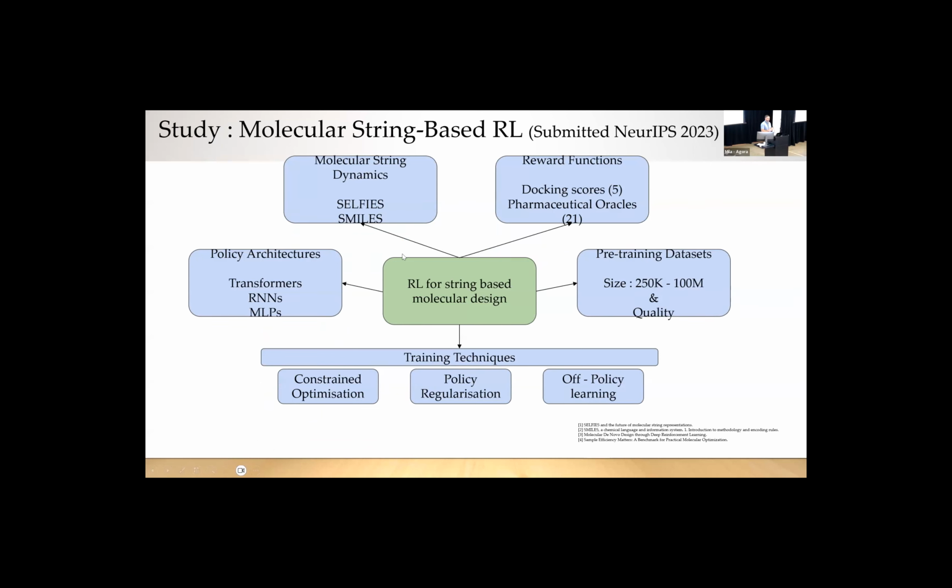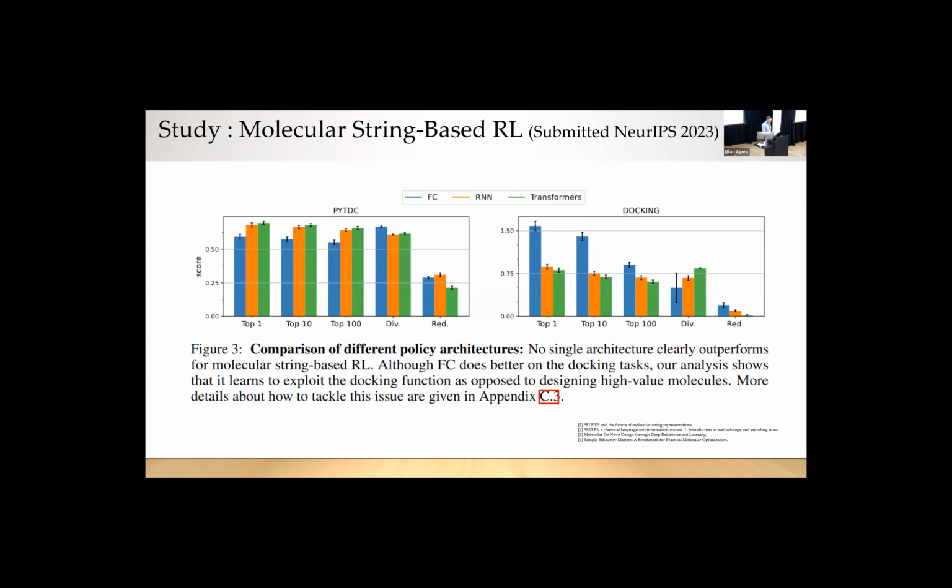So basically, it's a combination of many things. We've got SELFIES and some grammars, and we are trying to figure out good policy architectures in this new type of design space, and how big we need these models to be to consume these large amounts of data, and then also do some exploration according to different reward functions. So we find that for one group of tasks that is more diverse, the transformer models that we train, pre-trained on language and some molecular data, and then improved with reinforcement learning, work really well on a lot of these tasks.